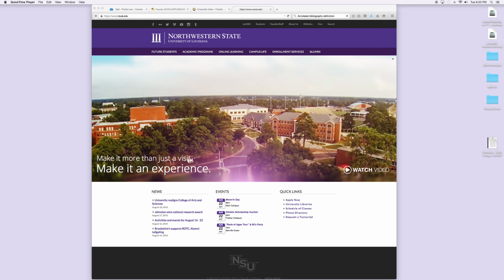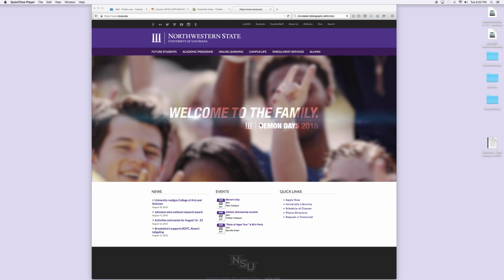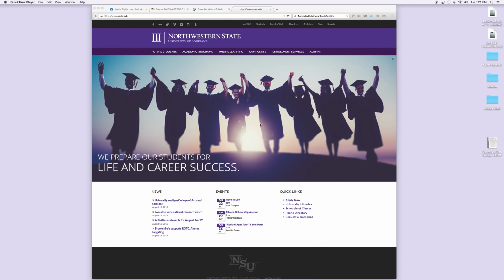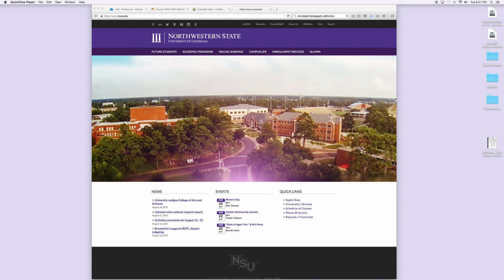Hello, I would like to show you today how to access a digital database called the Gale Virtual Reference Center Library, or the GVRL. This is a digital database that you can access through the web as a student at Northwestern State University through the library system. So the first thing you're going to want to do is go to the university's homepage at